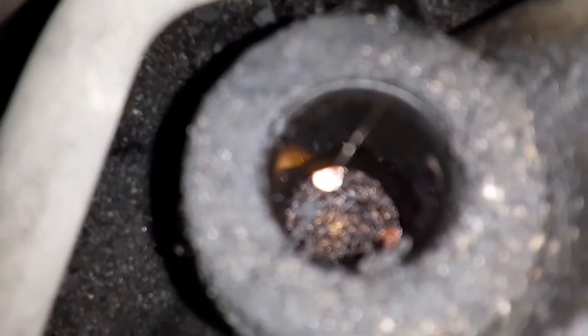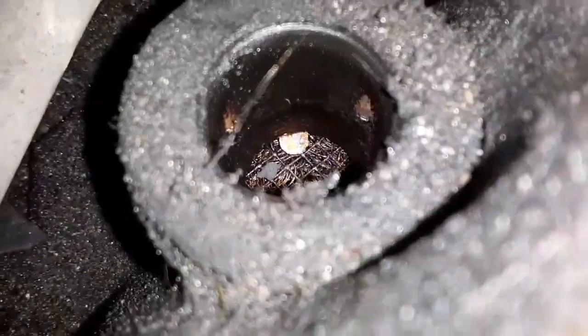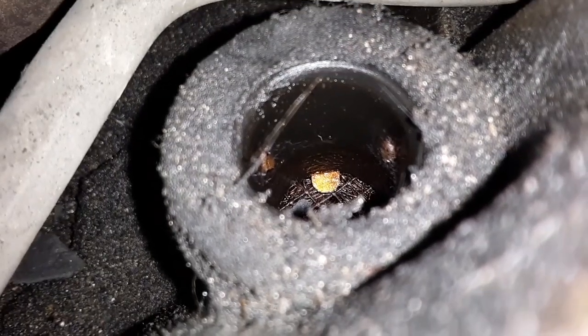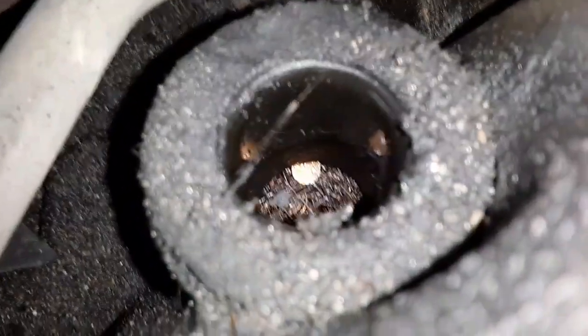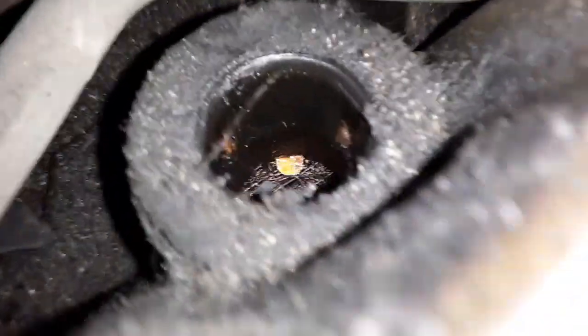Let's try to glance back there. So the PCV, oh my goodness, that screen down in there, we have got to get that out. I've got one ordered. I got a grommet ordered too, if it's worth pulling that out, because I've heard some people say the grommets don't fit as well, they're kind of loose, so we'll see. I'll take a look when it comes. But that screen down in there, we'll try to pull that out. I got one coming from Amazon, and a PCV valve as well. It's supposed to be a Motorcraft part, but